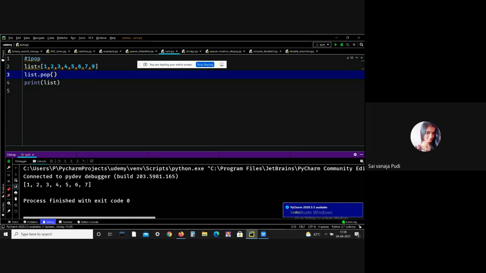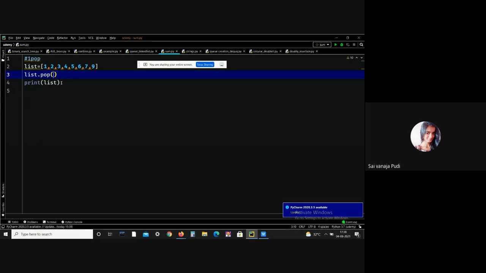And the next method is the delete method. Let me comment this. Generally, this delete method also works based on the index, guys. If you want to delete list of index 2, that's it.